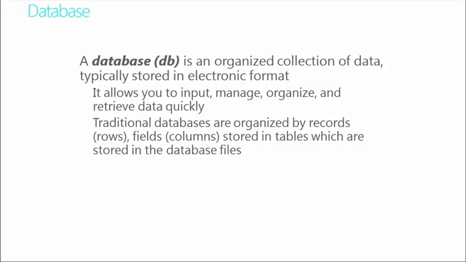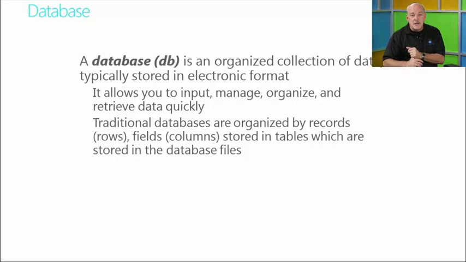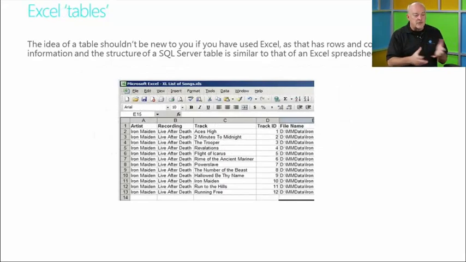Traditional databases are stored in rows or records, and then we have columns or attributes or properties. You'll hear those terms used synonymously, referring to the type or amount of information stored in a database. Now, you may be thinking, well, Brian, that sounds a lot like a good old Excel spreadsheet. And it is very similar to a spreadsheet in that we have rows and columns, and we've used these for several things.